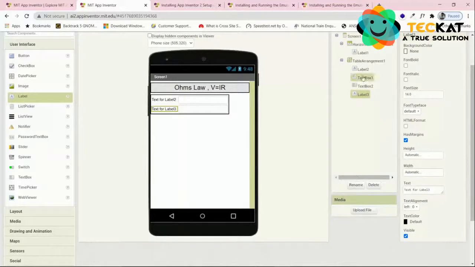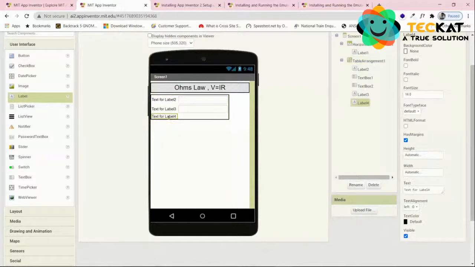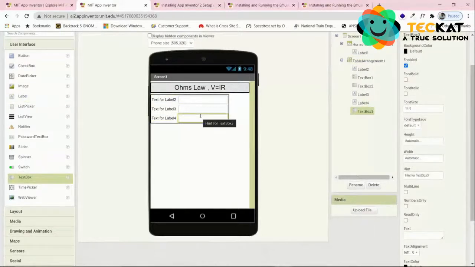This is because when we go to the table arrangement, over here the columns are fixed to 2, but the rows are also fixed to 2. So we're going to change the row to 3. And if we make it 3, then we get an extra row over here. And when we get an extra row, we will just put on the label, drag it on, place it over here,